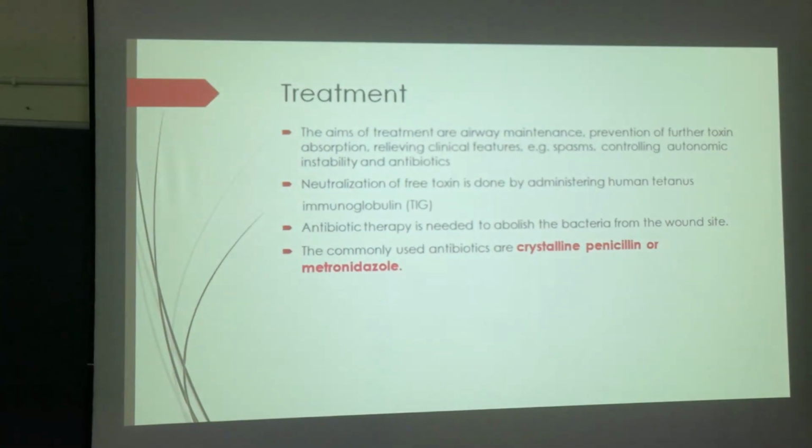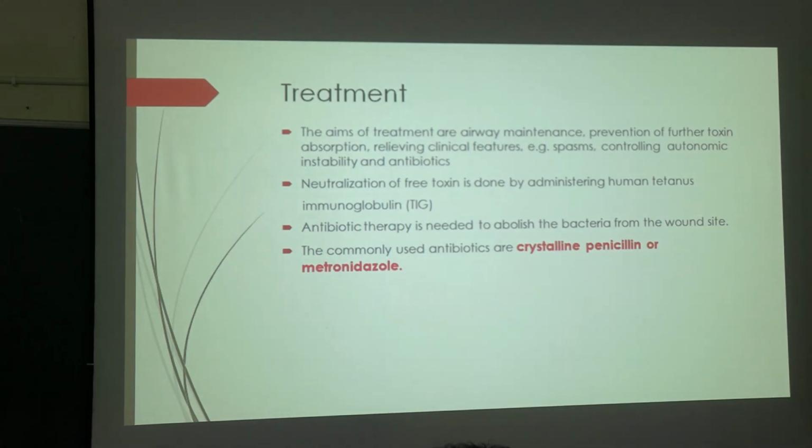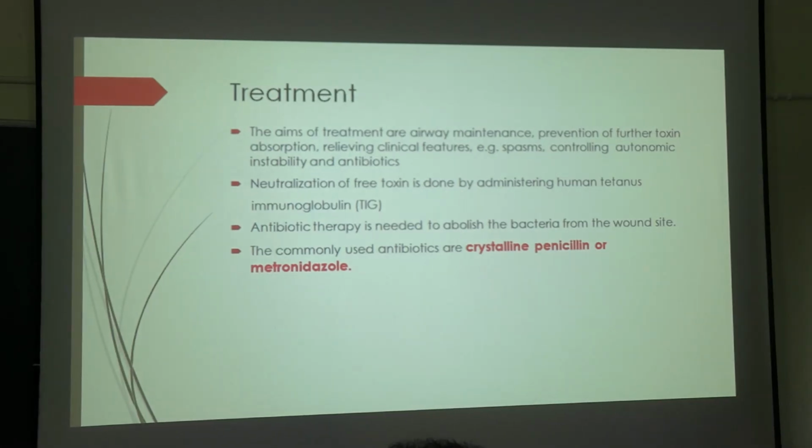What is the treatment? You know the treatment very well: you have to give antitoxin, otherwise the patient will die. Before giving antitoxin, other supportive treatments are more important than giving specific treatment. The patient has to be given benzodiazepines, midazolam, diazepam to decrease the spasm. The patient will be kept in an isolated room, devoid of light, sound, and any other stimuli as far as possible. Even when you are giving an injection, that painful stimulus can induce spasm.